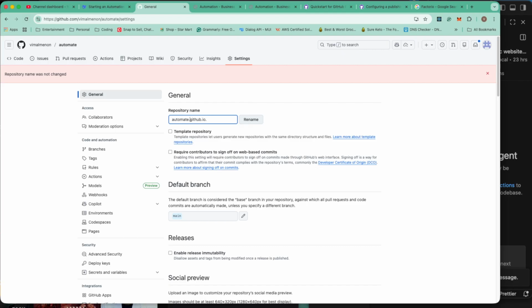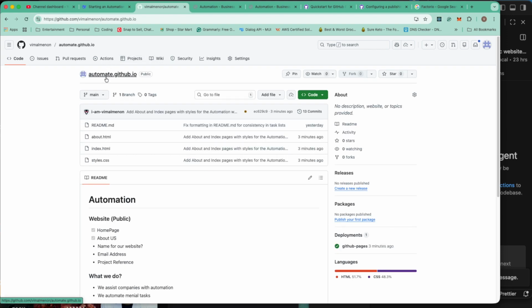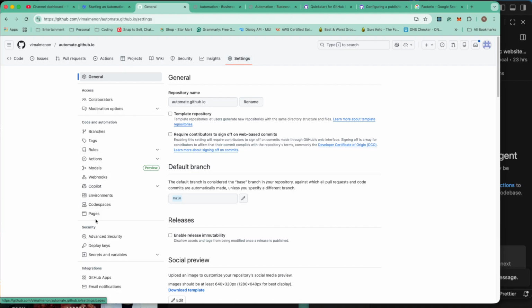Can I change it like this? Okay, so let me rename it. It's available. Okay, rename. Okay, I have renamed it to automate.github.io, and now if I go to pages,